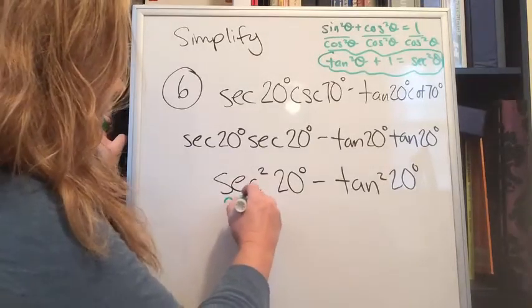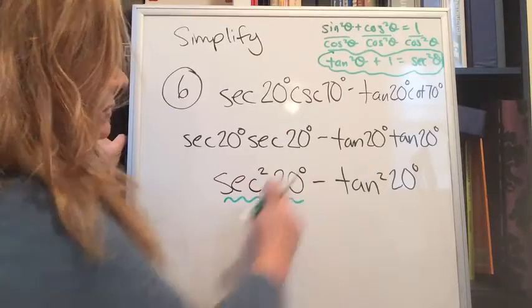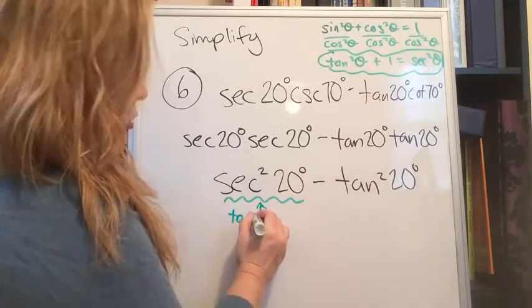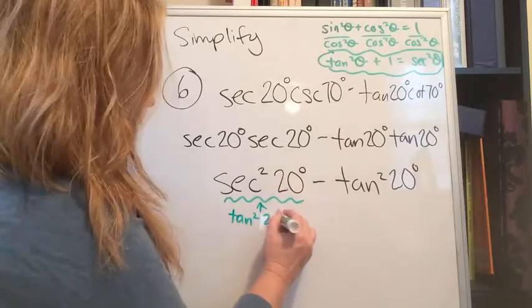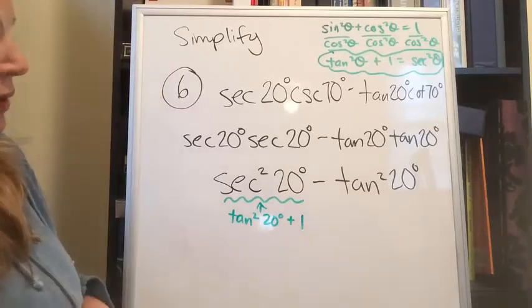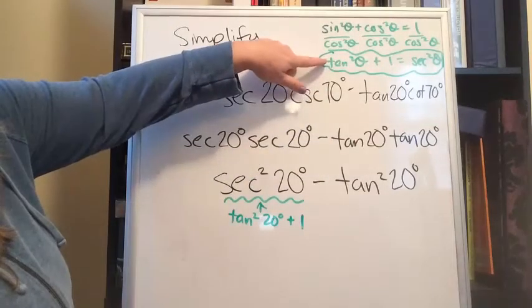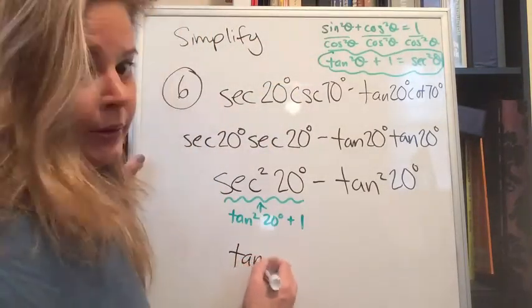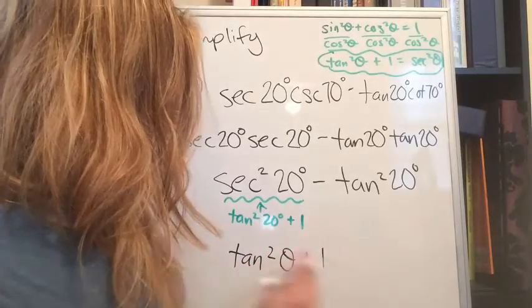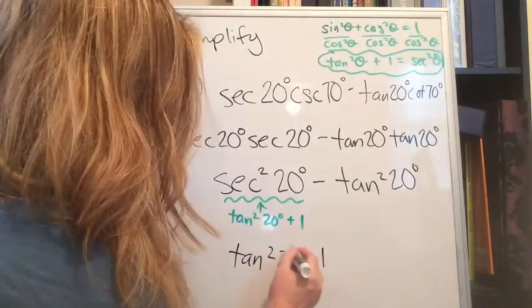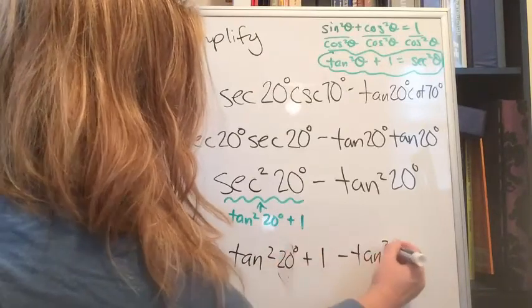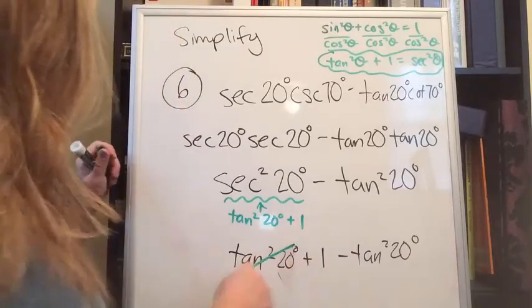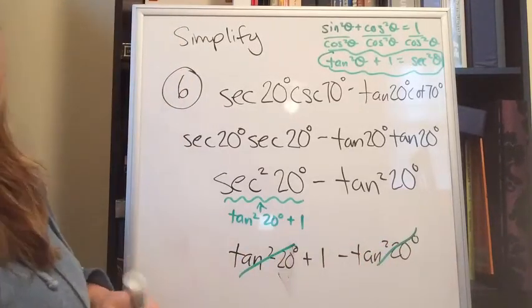I'm going to replace secant squared, because secant squared is the same as tangent squared plus 1. So I'm going to replace this with tangent squared, in this case theta is 20 degrees, plus 1. I'm replacing that because this identity says secant squared is the same as tangent squared plus 1. So now I have tangent squared of 20 plus 1 minus tangent squared of 20. What happens to the tangent squareds? They cancel, and we get